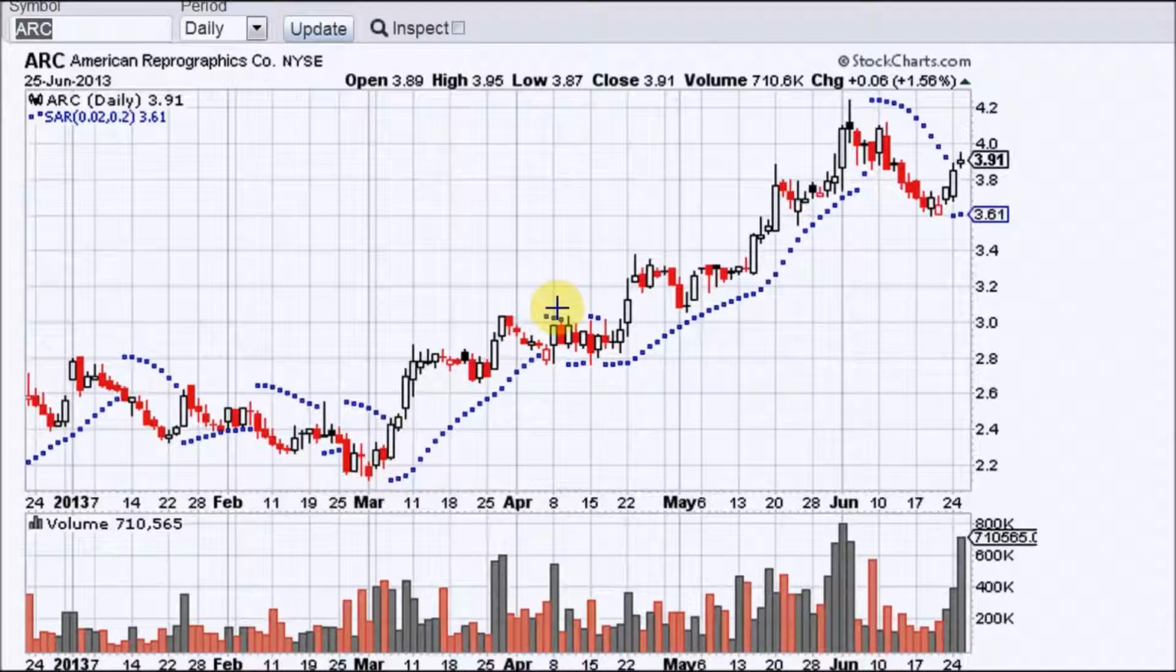The SAR didn't flip negative or above the candlesticks until it got to about $3. Okay, the second day, or the day after the SAR flip, was right here. So you could have sold in a range between $2.80 and $3. Okay, so you're in at 240. You sell at, let's say, 290. That's $500 in a month. Okay, then there's one more